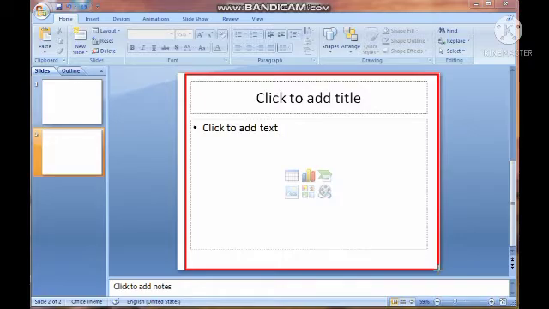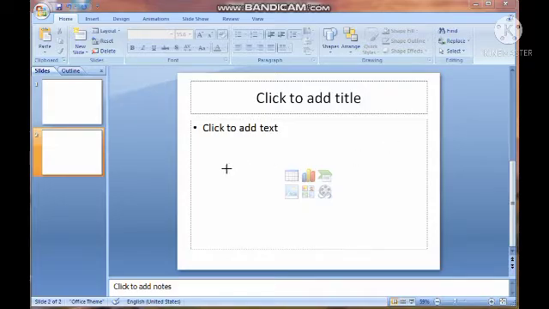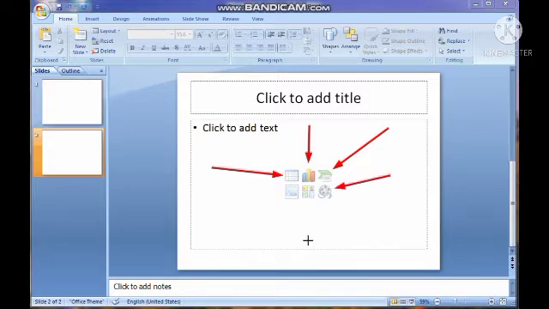So in this slide we can insert a table. For that, we will first click on the table option. You can see one table option is given. When we click on the table option, other options are also given, such as the chart option, SmartArt, insert movies or video, clip art, and if you want to insert any image, we can click on it. But we don't want to do that, we only want to insert a table.